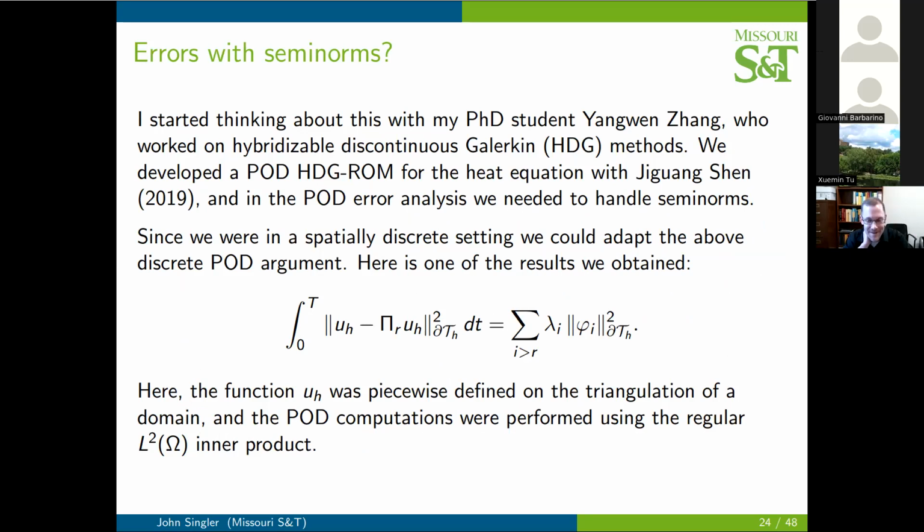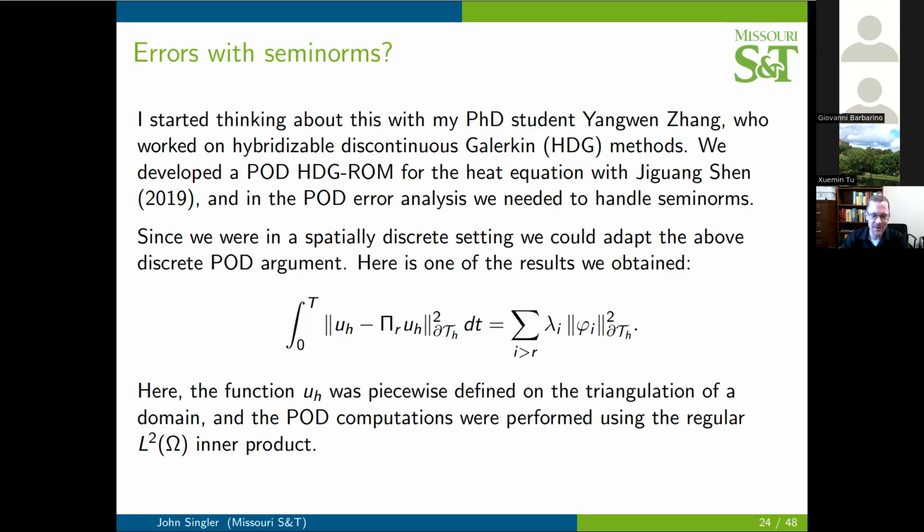And then he was interested, he said, why don't we do POD just for the heat equation to start? And that turned out to be terribly difficult, even to just derive the reduced order model in a way that made sense. Once we got there, doing the error analysis was also very tricky. We eventually got there. It's not perfect analysis, but